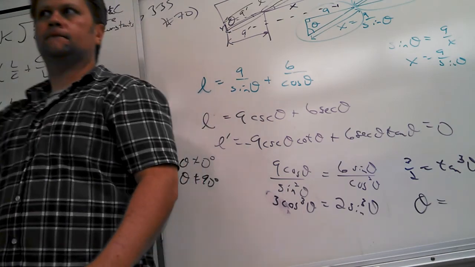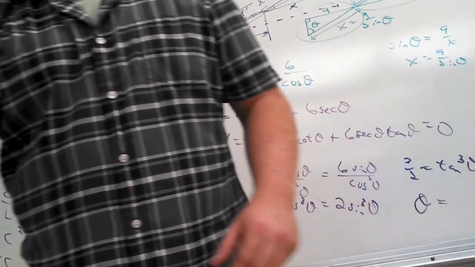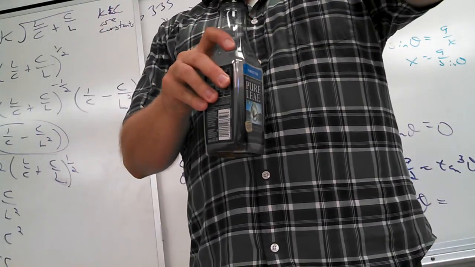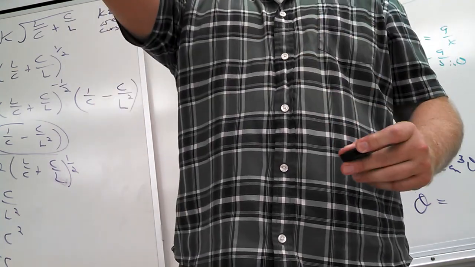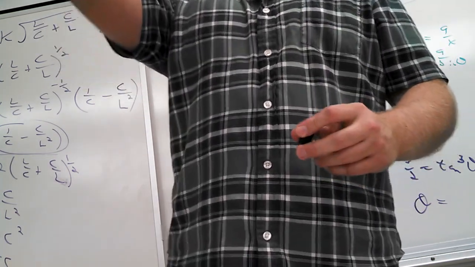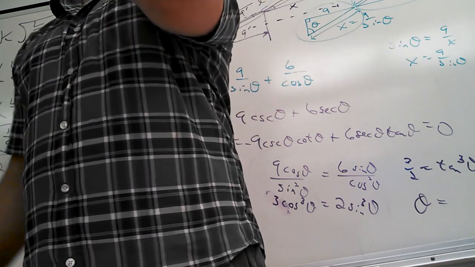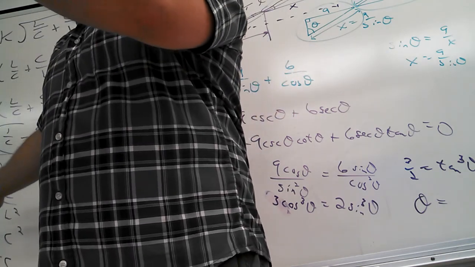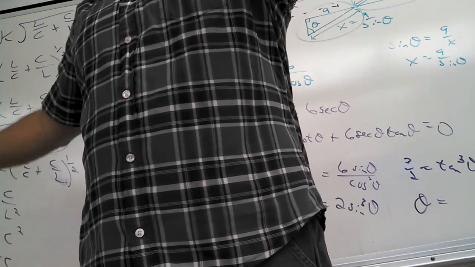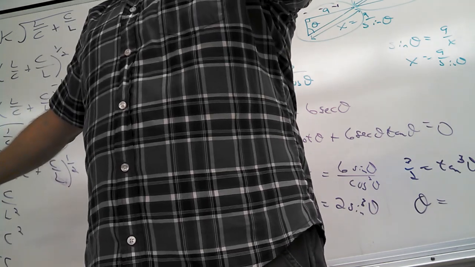If we were going to take the second derivative, we set the second derivative equal to 0? No, if you set it equal to 0, you find your inflection points. In this case, I don't care about inflection points. I want to see if this is truly a minimum. So if I took the second derivative, how would I check that this is a minimum? I have to see it's